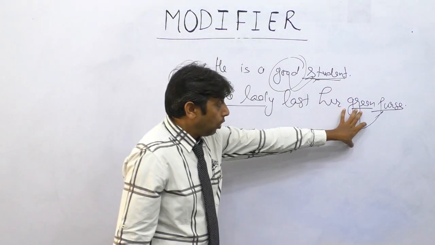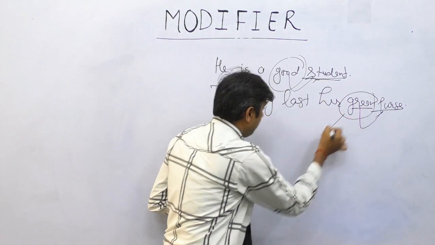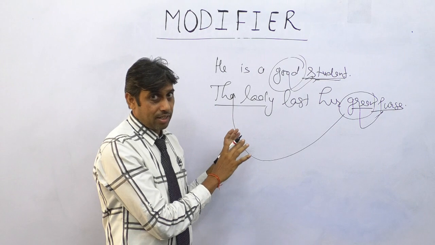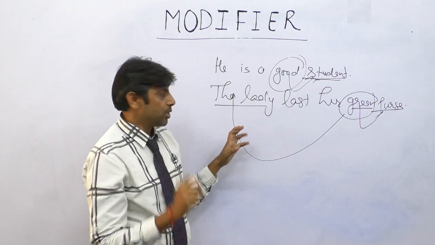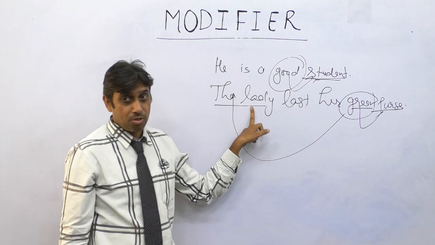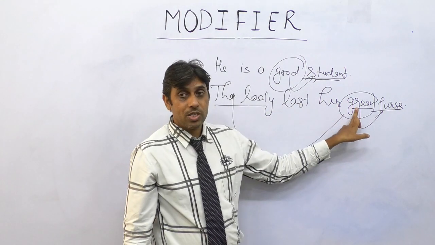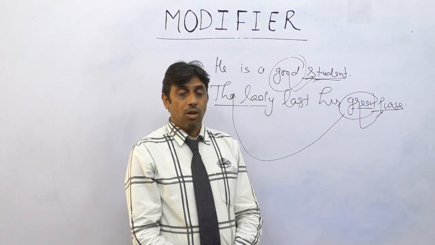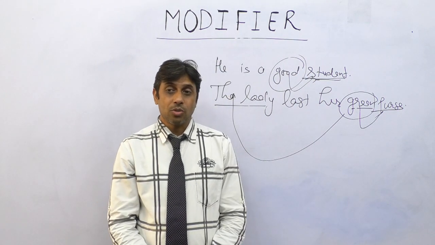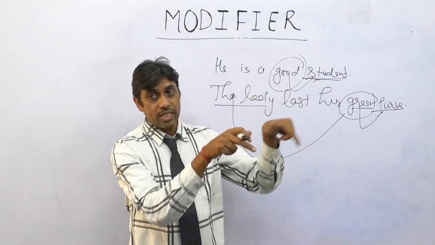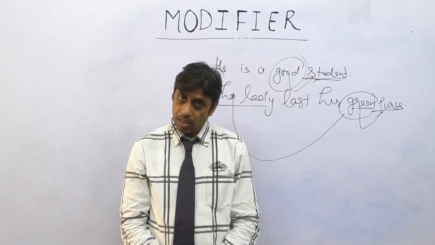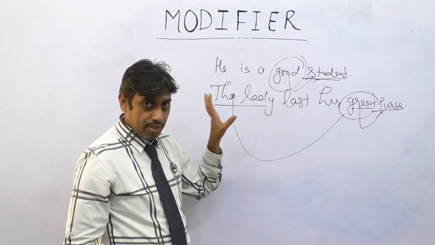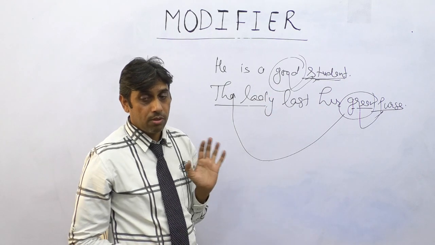What if I write this green adjective before this noun? Grammatically, this sentence would be correct, but it does not make any sense. The green lady lost her purse does not make any sense. What if the color of the purse is black? If I write the lady lost her black purse and the black lady lost her purse, then when I say the black lady, this adjective could refer to a particular category of people. Now, these are the basic examples to understand adjectives in sentences and how they play the role of modifiers.